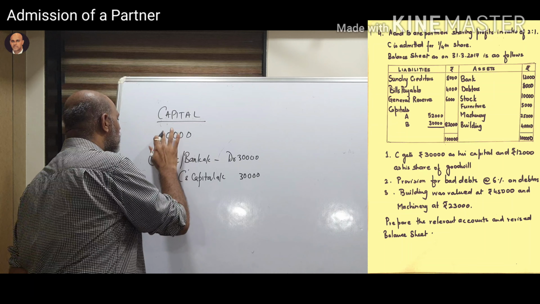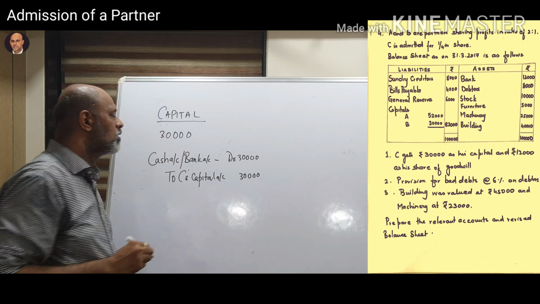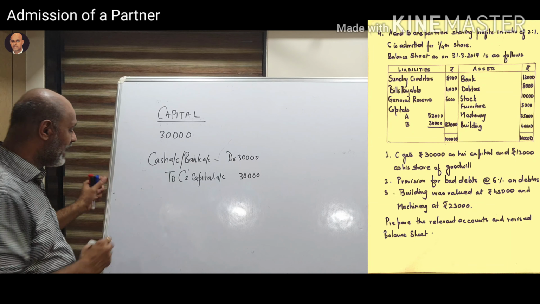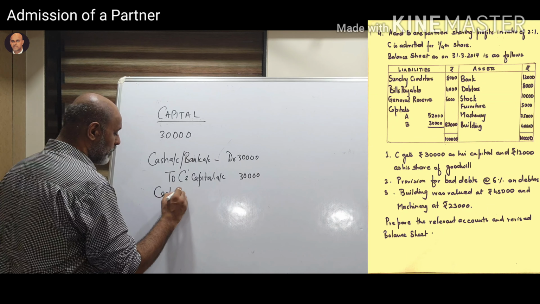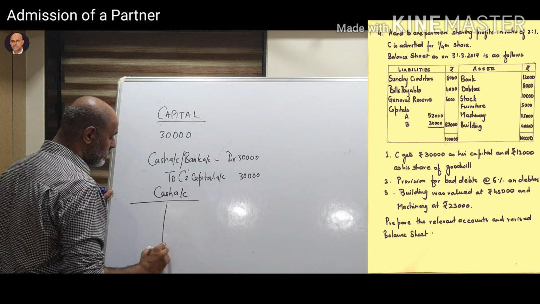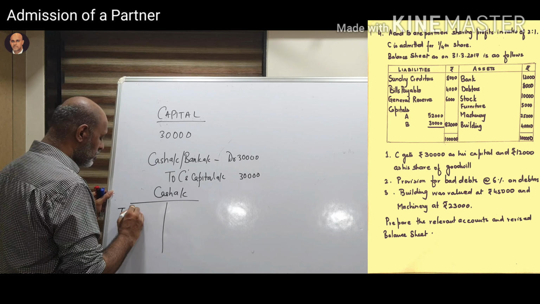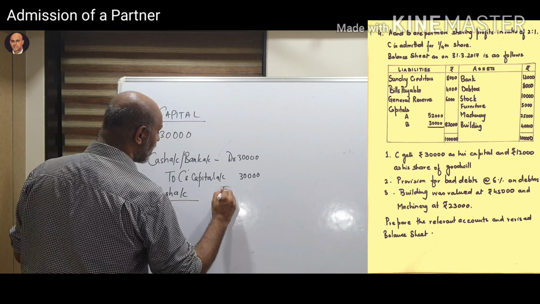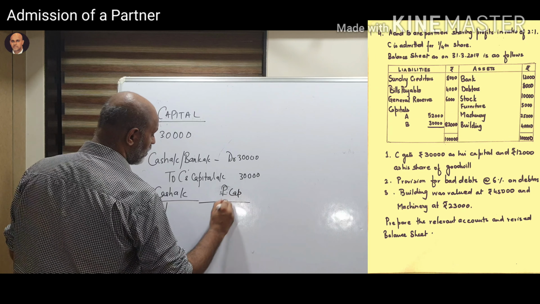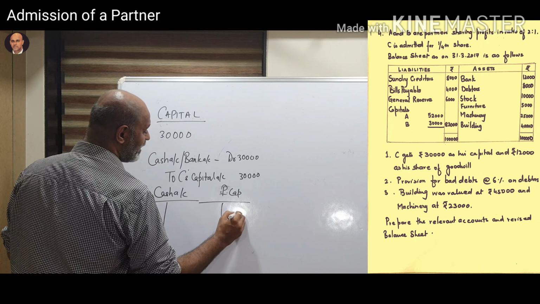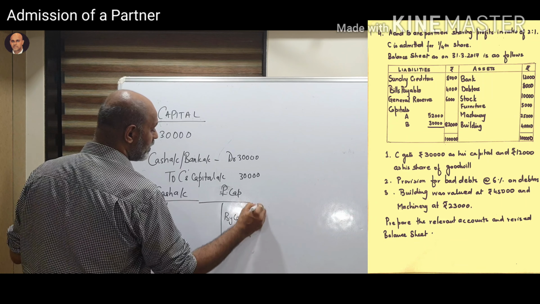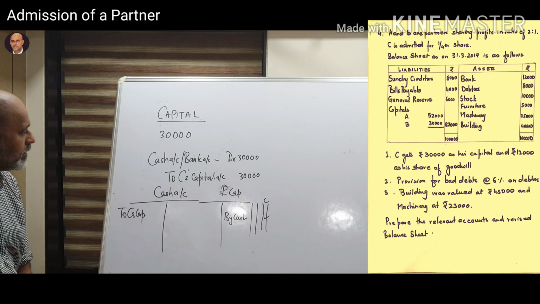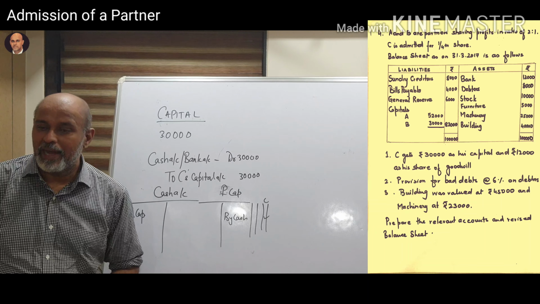Okay, so it is 30,000 which C gets. So go to your cash account. Your cash account you go. आप cash account में चले जाओगे और cash account के debit side में लिखोगे to C's capital, and then you will go to the partner's capital account and you will write it on the credit side as by cash, and this will be entered in C's column. Fine, is that clear? So this was in regard to capital.